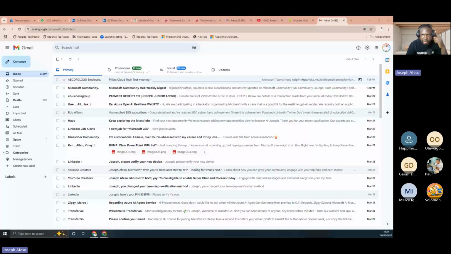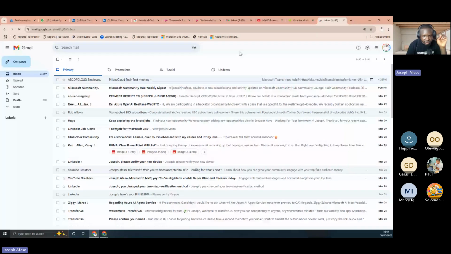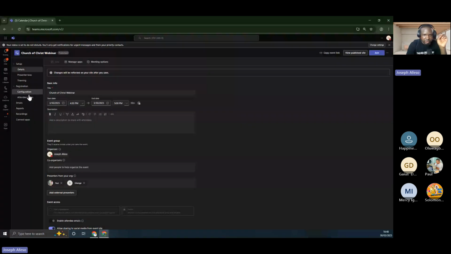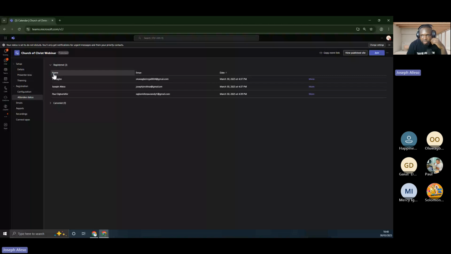I'm not sure why I'm not getting my mail. Perhaps I didn't type the mail address correctly, which is likely the case. But we've seen an example of someone who has registered and got that. Right. So I'll minimize this. So now that we have two people registered, if we come to attendee status now, I would expect to see that one other person has registered. We have this person, which is sending to this Gmail account. Then I also have my email, which is correct.